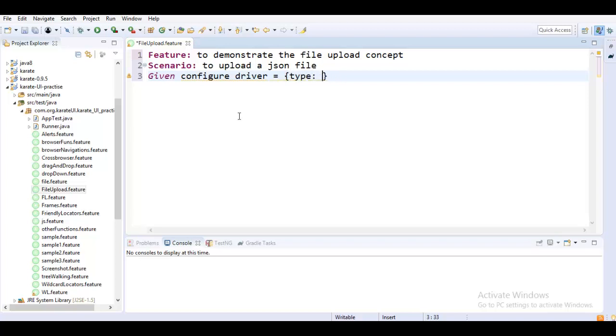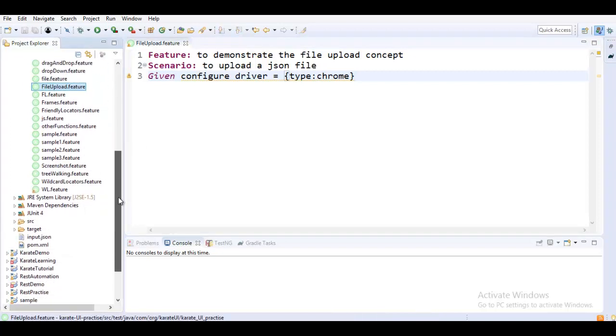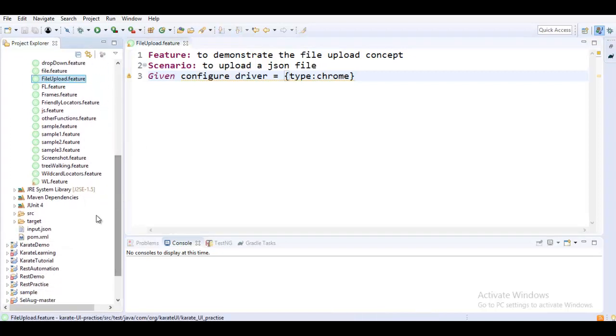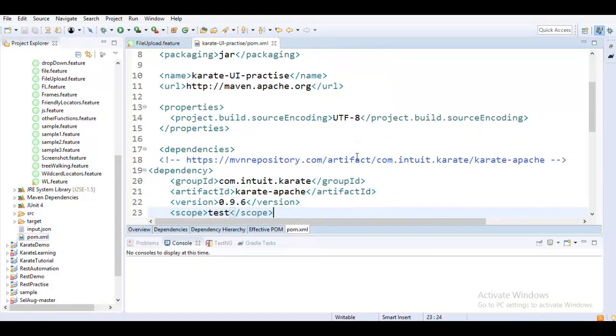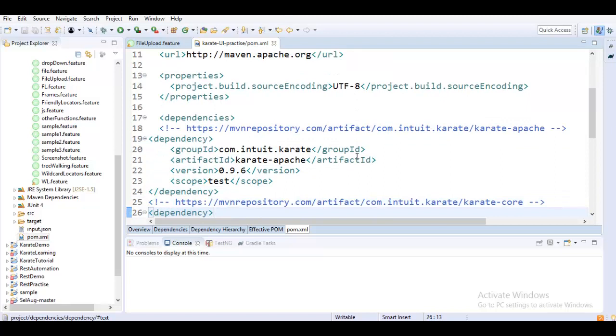I'll just take a pause here because I have something to explain to you. When it comes to uploading a file, Karate has some prerequisites. The first and foremost is that you should have the 0.9.6 version of Karate, because the input file method is not present in the 0.9.5 version.